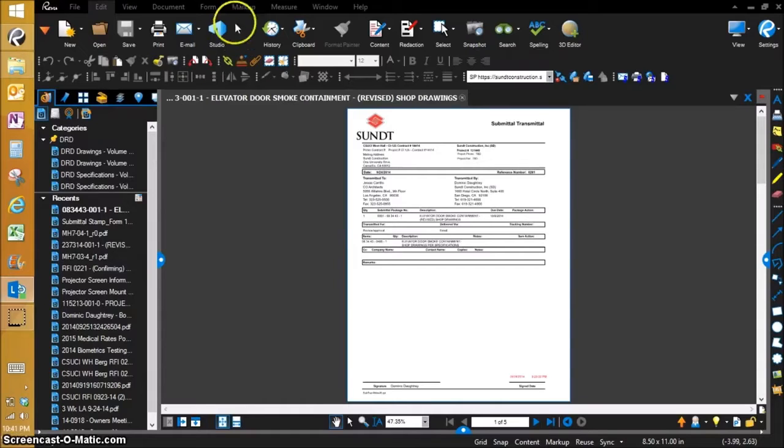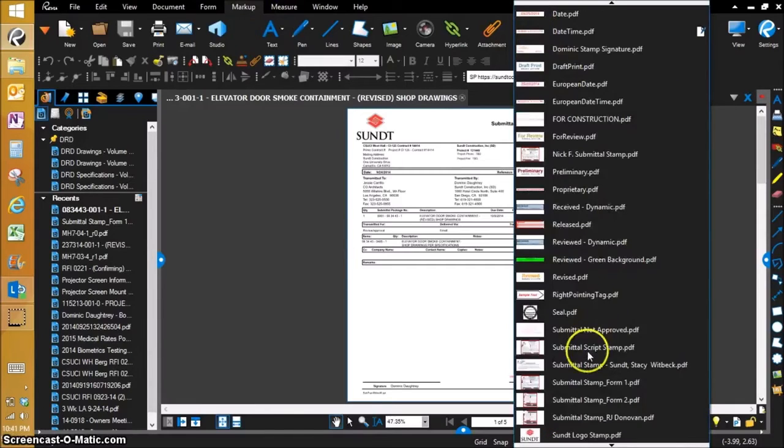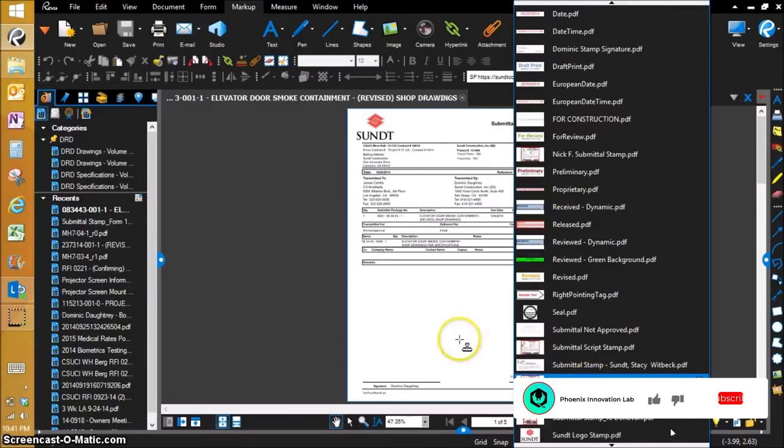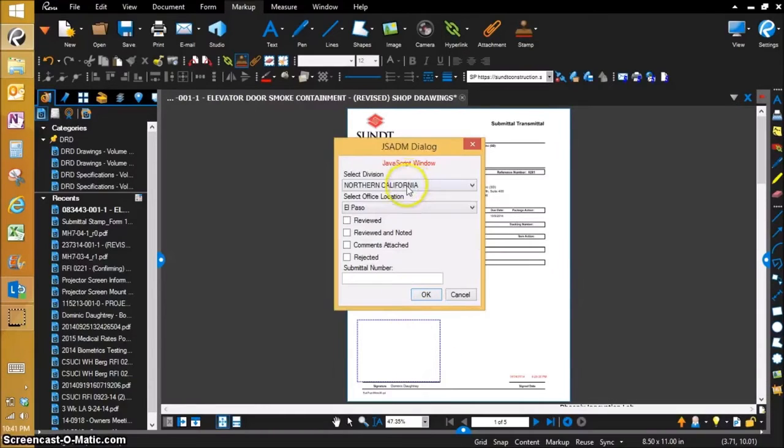So what we're going to do is the standard way almost everybody does their submittal stamps as of right now. If we go to markups in Bluebeam, go to stamps, you can see down here I've got all the standard stamps that are available on the Sundt web. I downloaded them just like everybody else, and when I go to put this on a submittal transmittal, I click on it, I go to the area of my submittal transmittal where I want to put the stamp, click OK, and